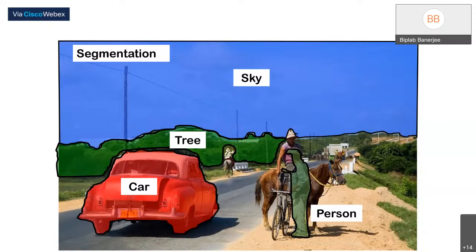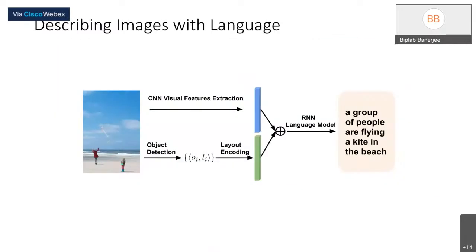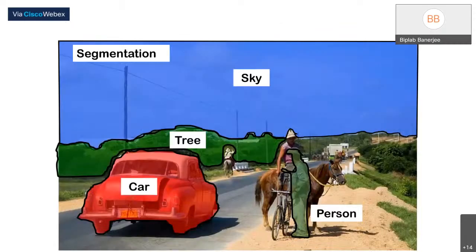Then, if you go in a fine-grained way, we want to find out the label for every pixel, and we have the problem known as semantic segmentation. That should give you the segmentation map. As you can see here, all the pixels of a given category should group together using a particular color. So here the sky is blue, the greenery is green, and all this stuff. These are some very interesting problems from the visual recognition point of view.